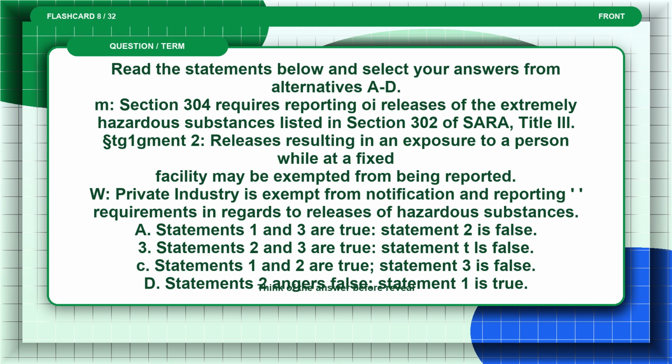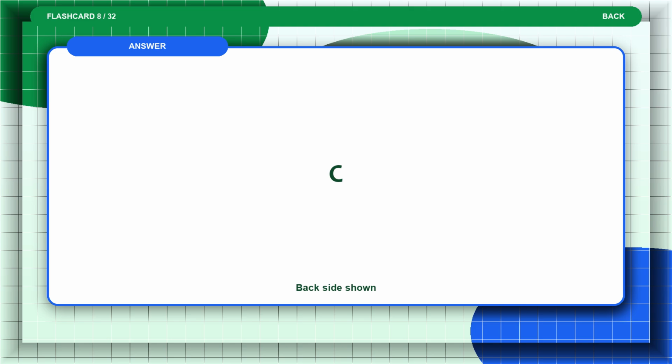Private industry is exempt from notification and reporting requirements in regards to releases of hazardous substances. A. Statements 1 and 3 are true. Statement 2 is false. D. Statements 2 and 3 are true. Statement 1 is false. C. Statements 1 and 2 are true. Statement 3 is false. B. Statements 2 and 3 are false. Statement 1 is true. Think of the answer before the reveal. The answer is